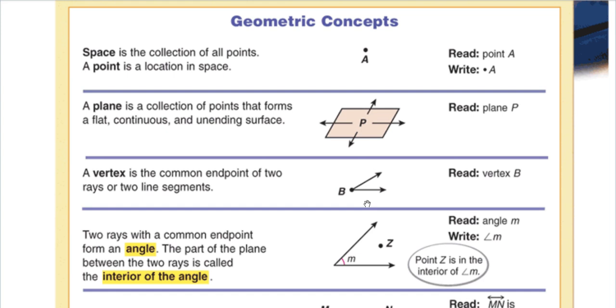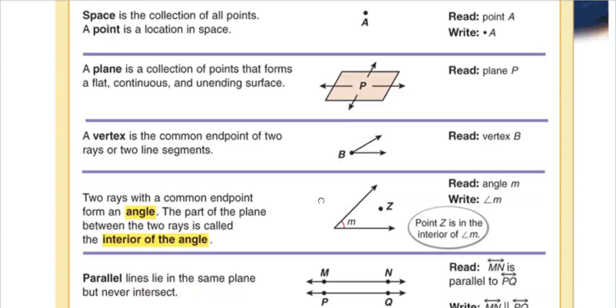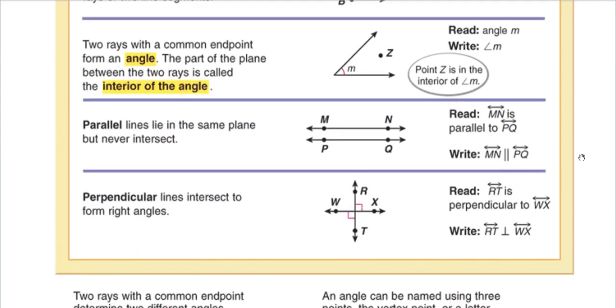Here we have a new term coined for it. It is called vertex. It is simply the concept of a corner point. We read vertex B, and then we move on to the next point. When two rays with a common endpoint form an angle. Okay, let's stop here. Here, angle in terms of mathematics is translated into the concept of angle. But before that,